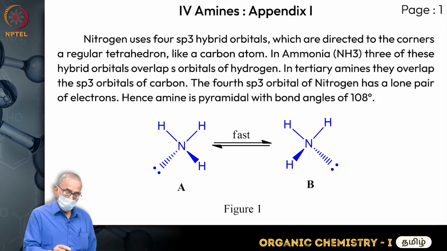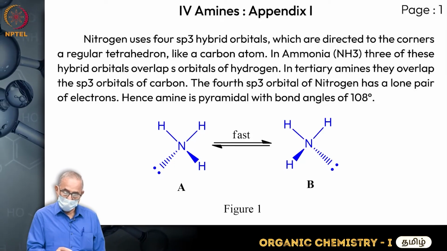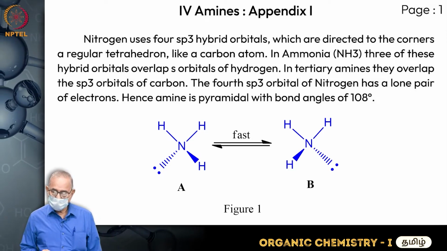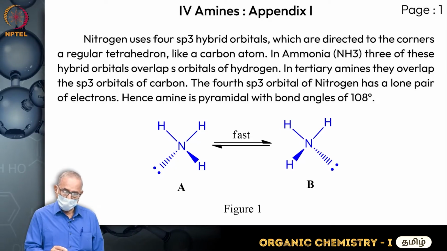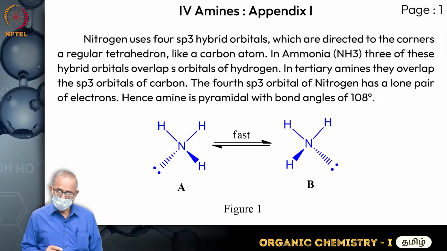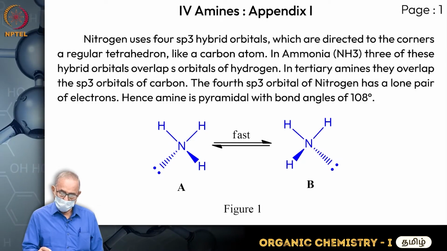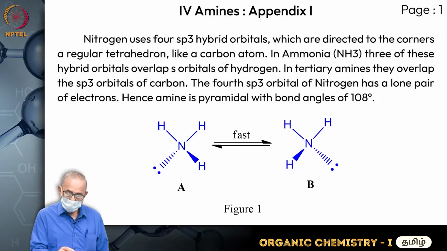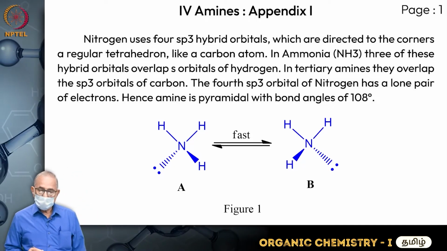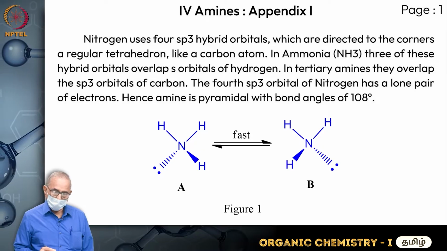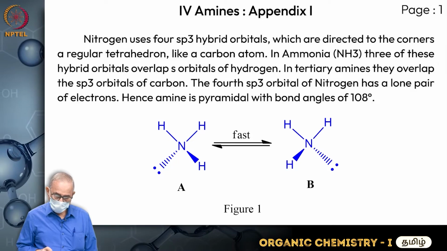If you look at these 2 structures, one is a mirror image of the other. Normally, in carbon compounds, if you have a molecule which is a mirror image of the other molecule, and if the mirror image is not superimposable, if you take this here, these two can be superimposed, but these two cannot be superimposed, and that particular carbon is optically active. The compound will rotate the plane of polarized light. But in this